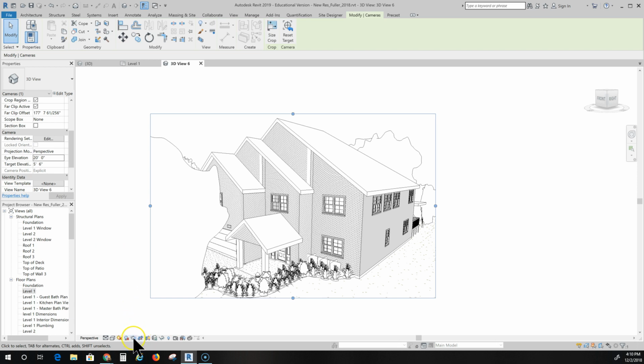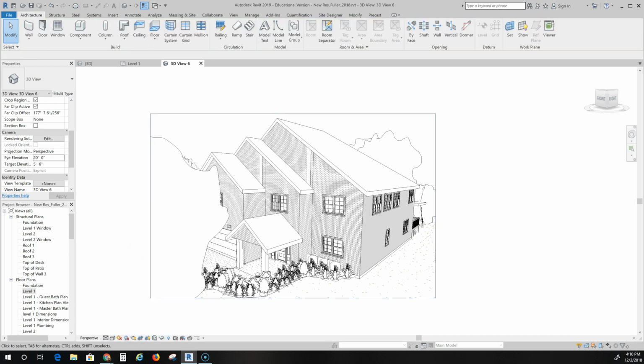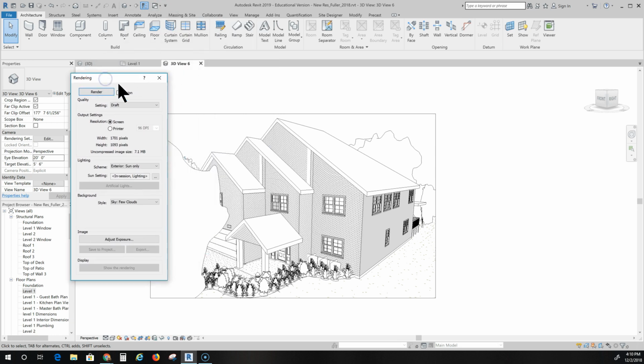So I'm going to go to this little tea kettle right here. It's at the very bottom. Don't ask me why they use a tea kettle, but they do. Click on the tea kettle, and then you get your rendering dialog. You can